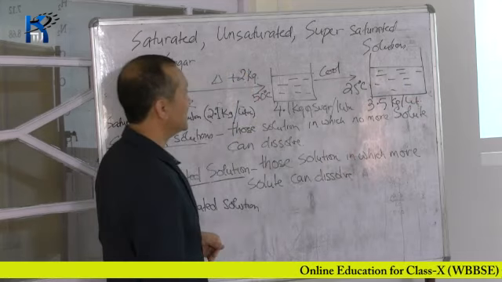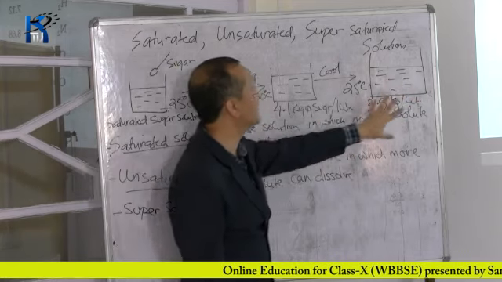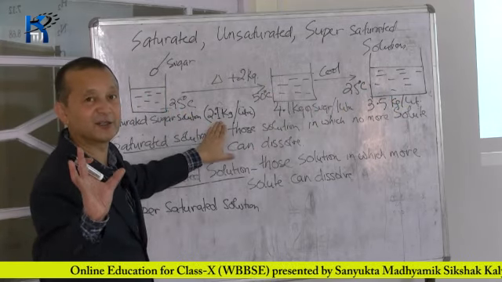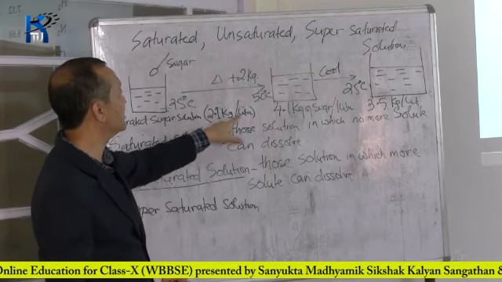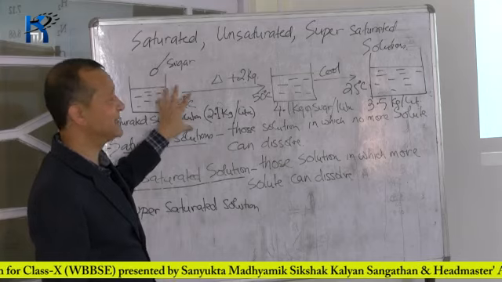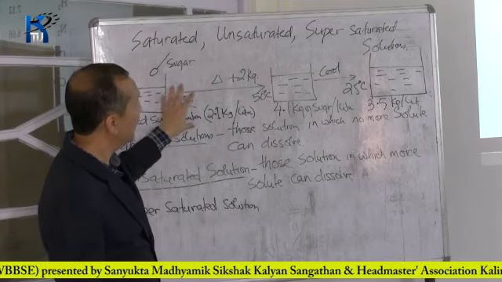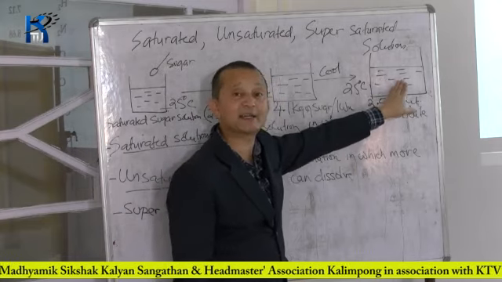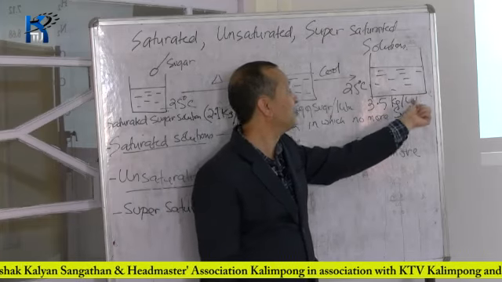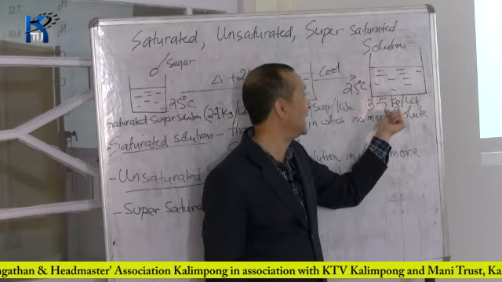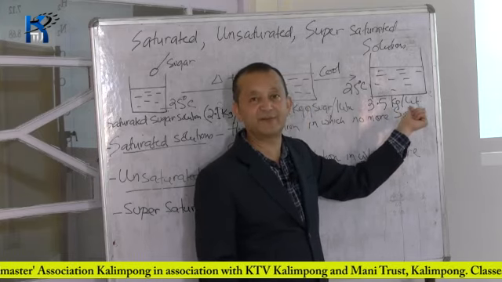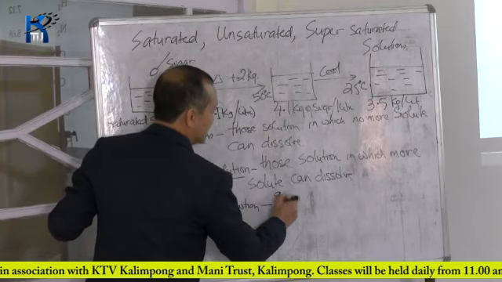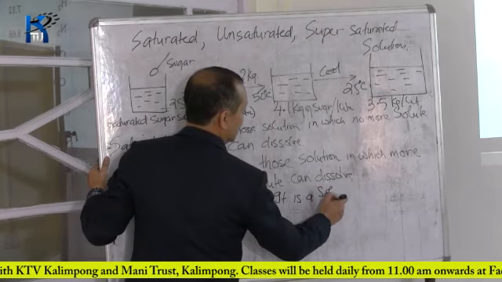Okay, so what is the meaning of supersaturated? From here you can make out that 2.1 kg is the normal weight of sugar that can dissolve in 1 liter of water at 25 degrees centigrade. But in this supersaturated condition, the same 1 liter of water has dissolved 3.5 kg of sugar. So the definition of a supersaturated solution can be written like this: it is a solution